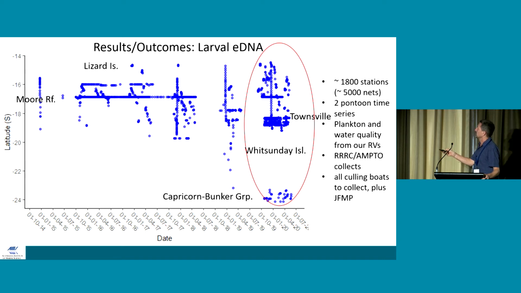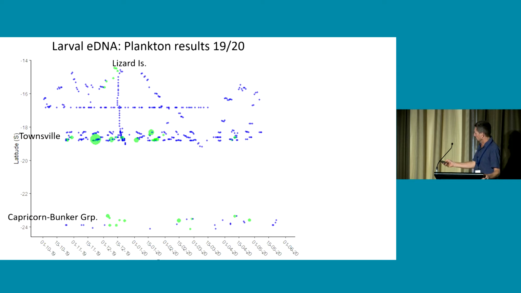So again, this is just plotting them on a north to south gradient. So this is latitude versus time. If we're zooming in now into just the year before last, so the year before COVID, we analyzed those data. And so this is just the spawning season 2019-20. What you can see here is now blue dots are negative results, whereas green dots are actually positive results for larvae in the plankton. What's quite interesting is that we find a lot, and the larger the dot is, the